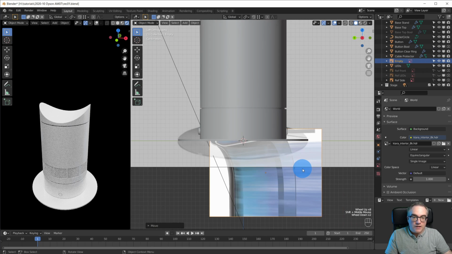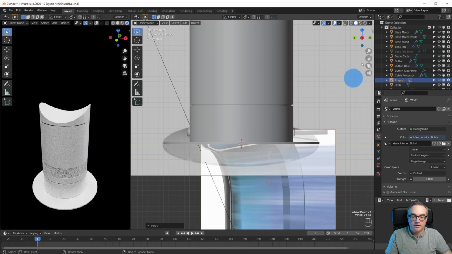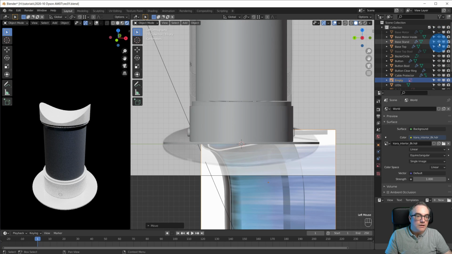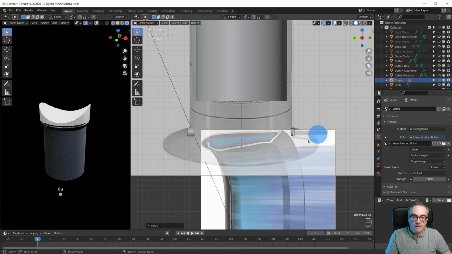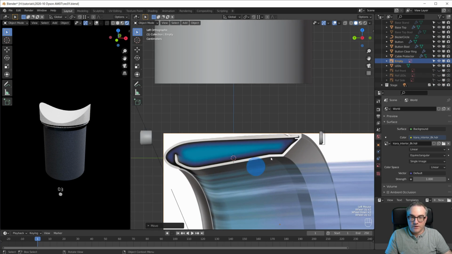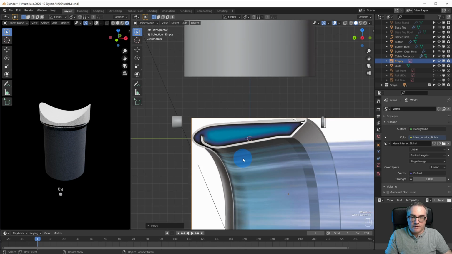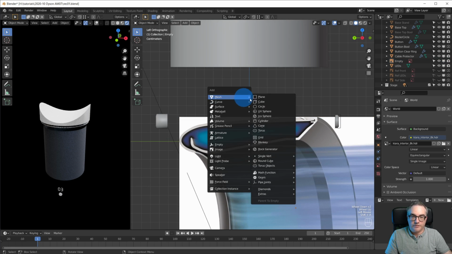Okay, and now I'm going to create one of those plastic pieces, and it's probably best to hide some of the other stuff or go into isolate view. I don't know. Let's hide the motor, the stand. Yeah, that's fine. Maybe hide that reference image, this one. Cool, so here we still have the buttons. Doesn't matter, all we need is this, and we go Shift A, mesh plane,